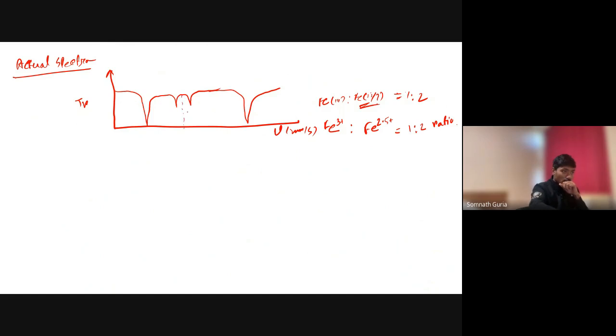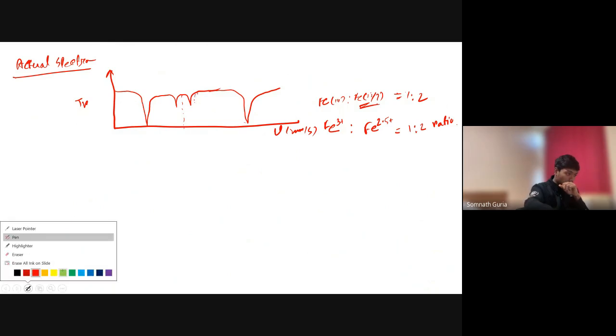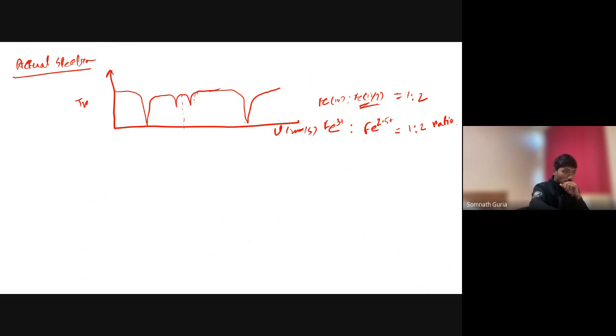This is the EQ value for the iron 3, and this is the EQ value for the other. The middle one will be the delta value for the Fe 2.5 plus, and this one is delta for Fe 3 plus. Okay, and the delta EQ value is higher for this 2.5